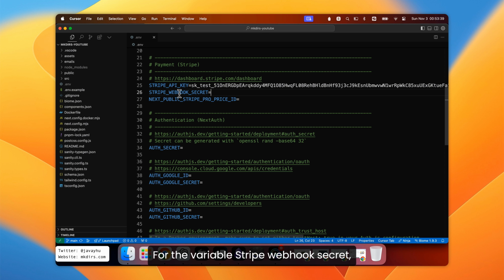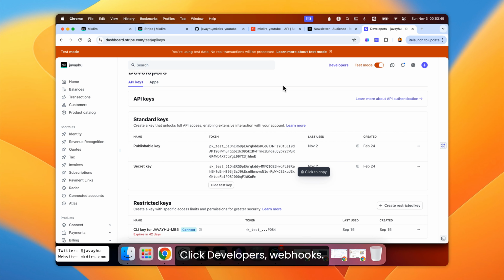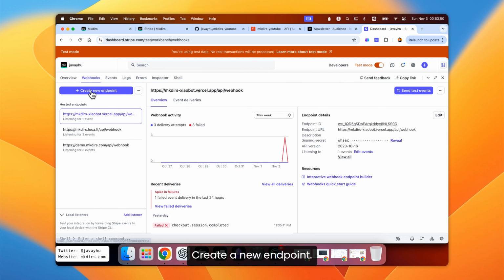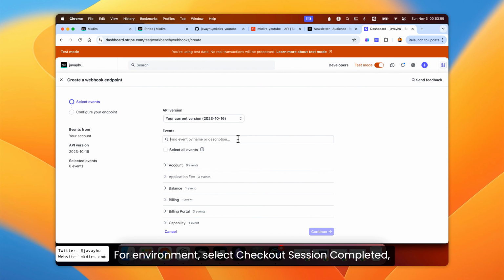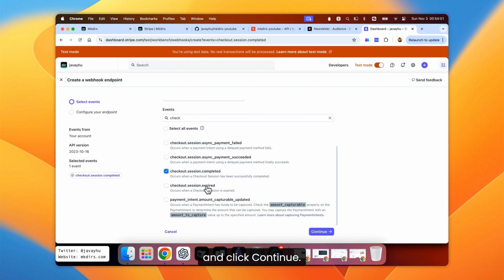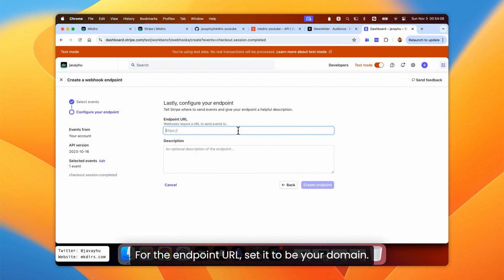For the variable Stripe's webhook secret, we need to create a new webhook. Click Developers, Webhooks, create a new endpoint. For events, select checkout session completed and click continue. For the endpoint URL, set it to be your domain. For example, Mkdirectories